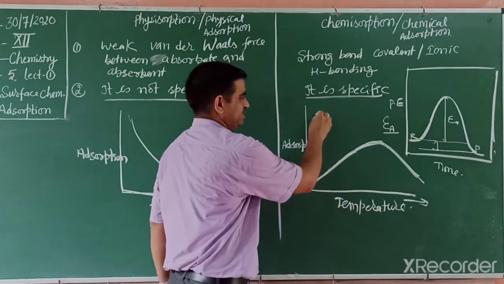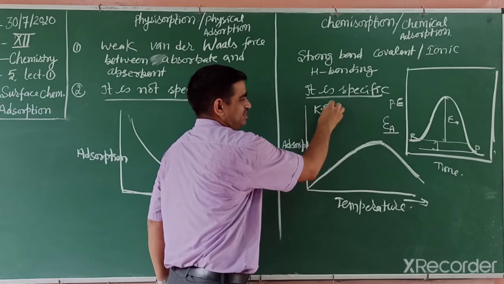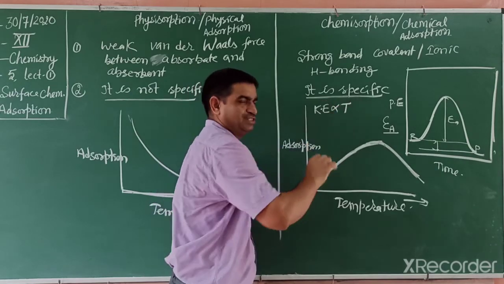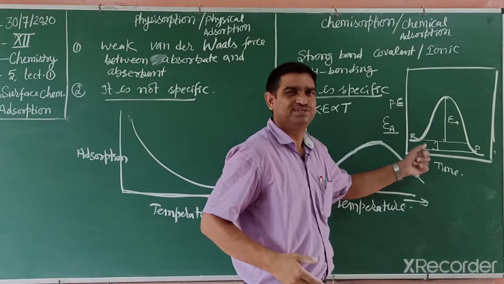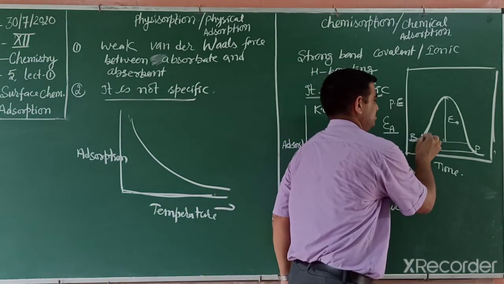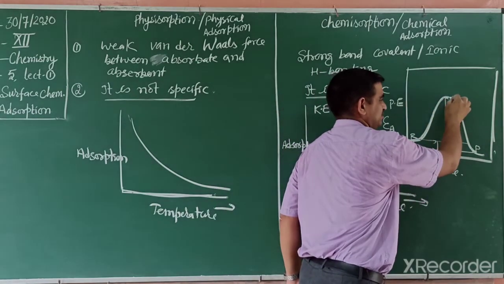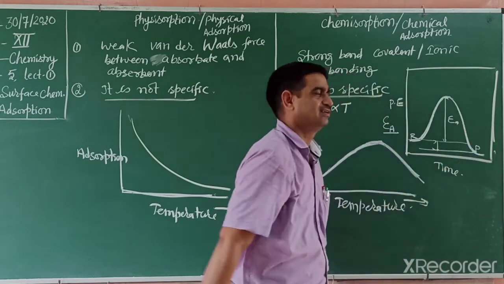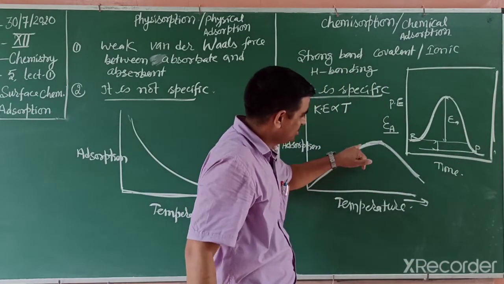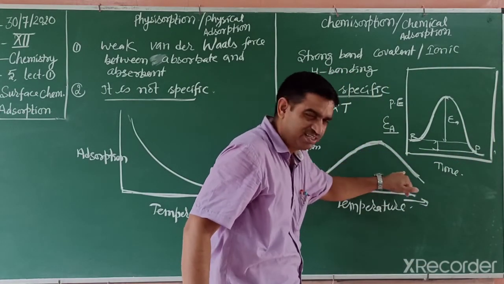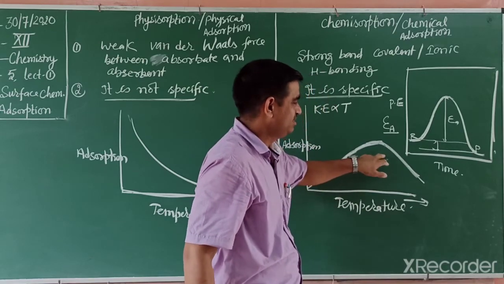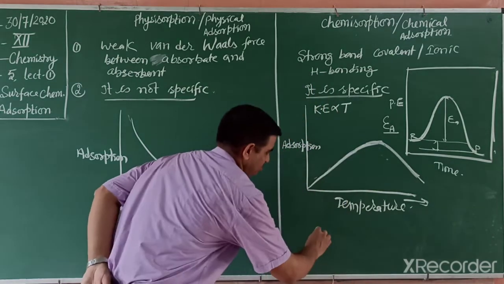When temperature increases, kinetic energy increases, directly proportional to temperature. So the speed of the molecules increases. When speed increases, they cross this energy barrier, reach the maximum, and then the reaction occurs. So this is the region of reaching the maximum. Why does it further decrease? The reason for the further decrease is this region.